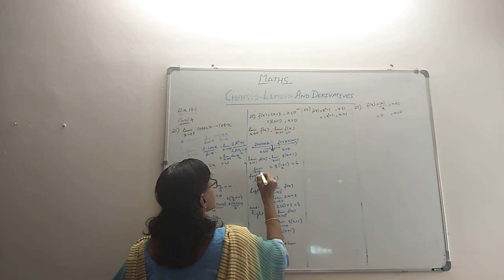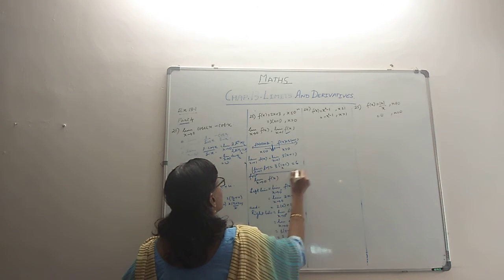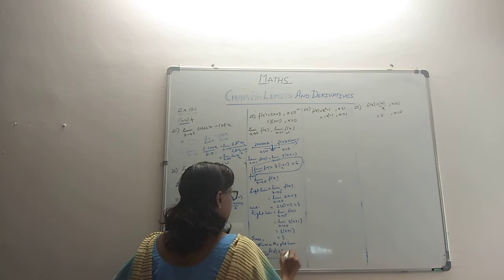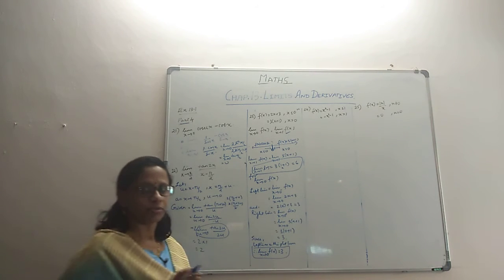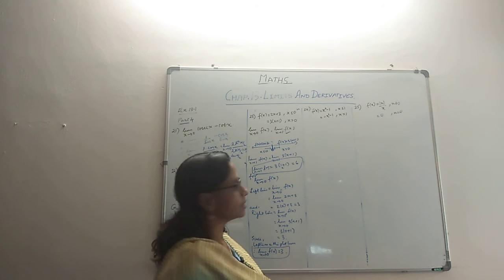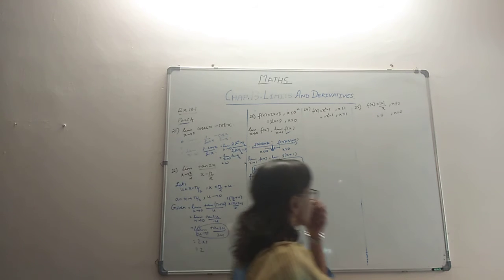Limit as x tends to 1, f of x is 6, we got 1, and the other one we got. Very interesting. So henceforth, I think all the problems are going to be like that, where we have to check left and right and then decide.